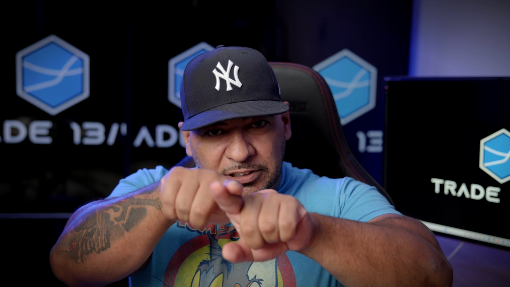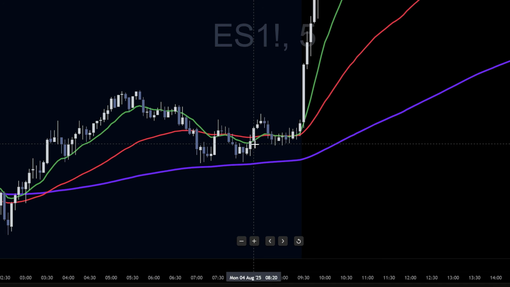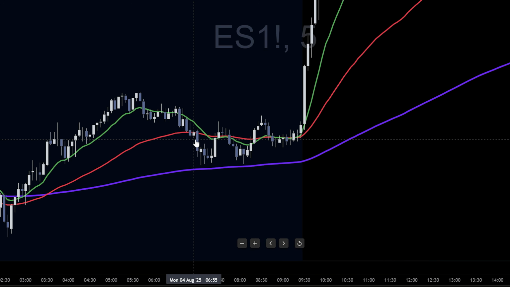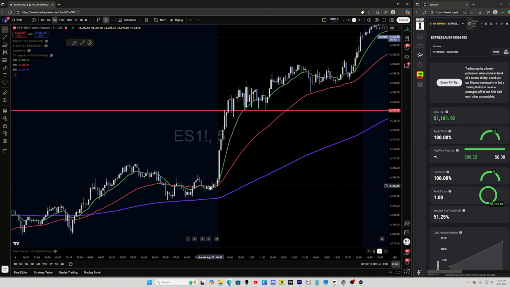What we call EMAs intertwined, at Trade 1348, is an EMA sandwich. When EMAs are converged and intertwined and braiding, that's usually a signal of chop. After all, 13 averages is matching 48 averages. So yeah, we have a convergence and we have chop. So we want to make sure we avoid this type of setup here. This is simply chop. Until we get a breakaway, of course, the 13 goes ahead, breaks away from the 48,